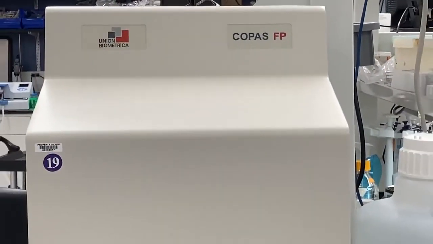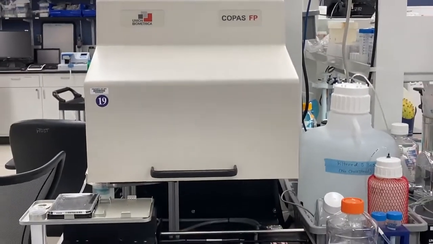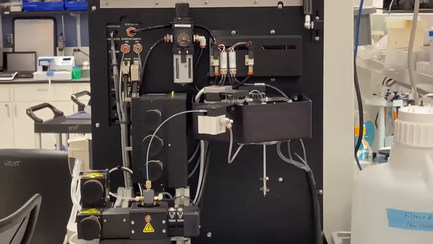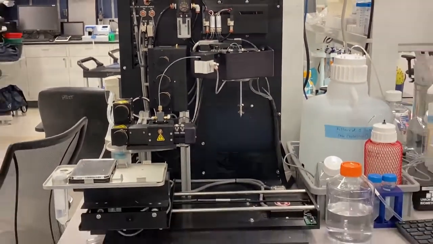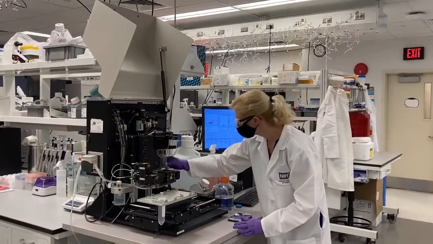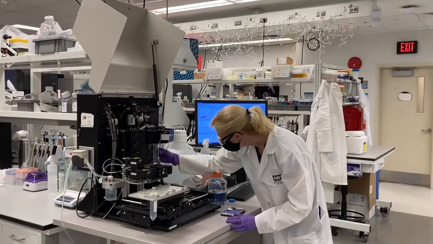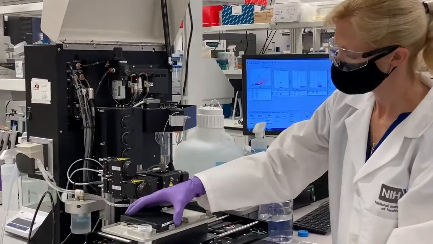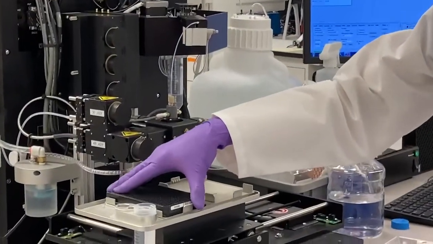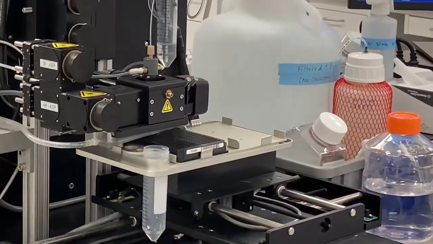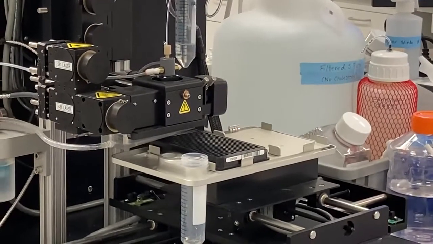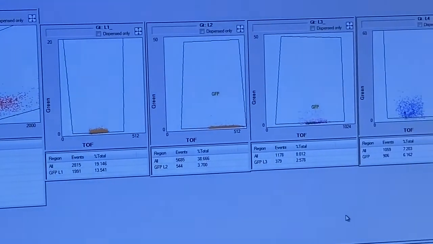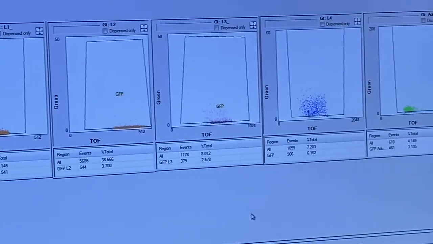For larger objects, including C. elegans, the Copas Flow Pilot is a flow cytometer capable of measuring and sorting objects in the range of 250 to 750 microns. With its fixed fluidic path, select flow cell, and optics, it can sort and dispense worms or organoids into bulk receptacles or 96 to 384 well microtiter plates, based on size, optical density, and/or GFP fluorescence of individual objects with its 488 nanometer solid-state laser.